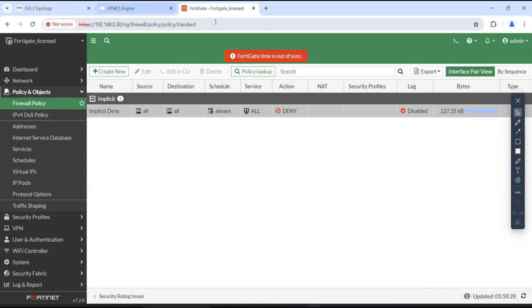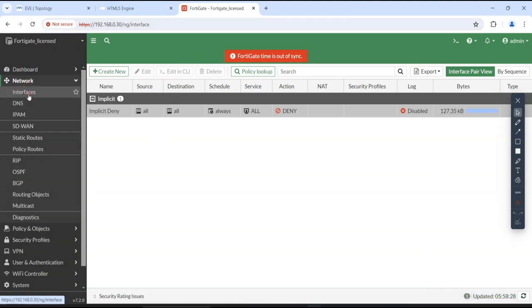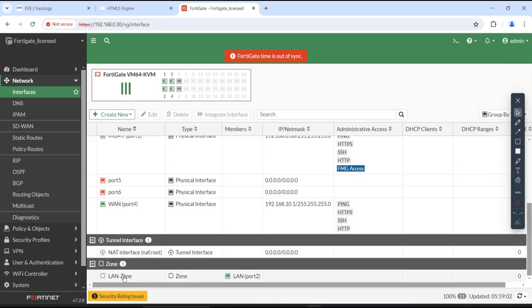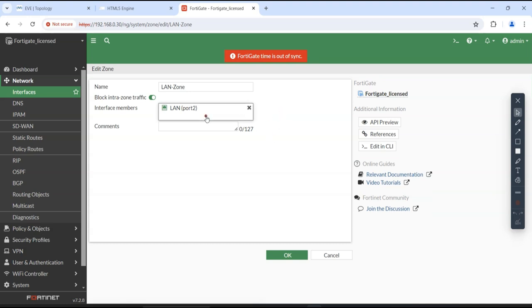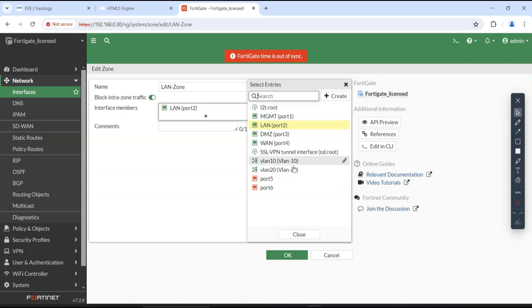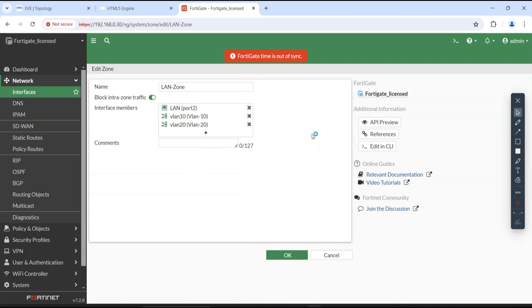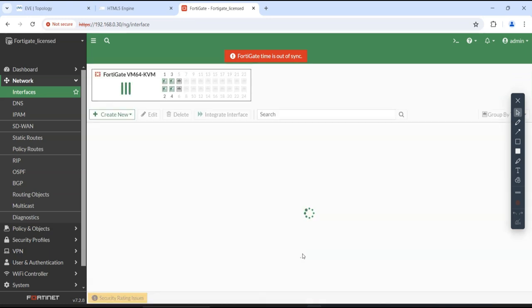Now, if we go to the same page, the LAN zone, earlier when we clicked the plus button, it didn't show our VLAN information. But this time, if we click here, see, we are seeing it, right? So just select it. That's it. So it's added. Once you select it, it gets automatically added here. And you can add any required comments based on your requirements. Click OK. So scroll down,